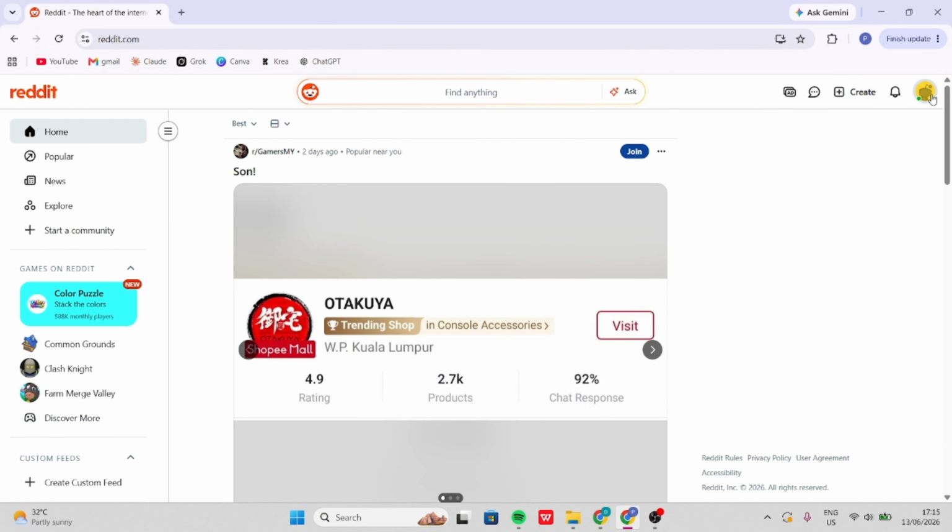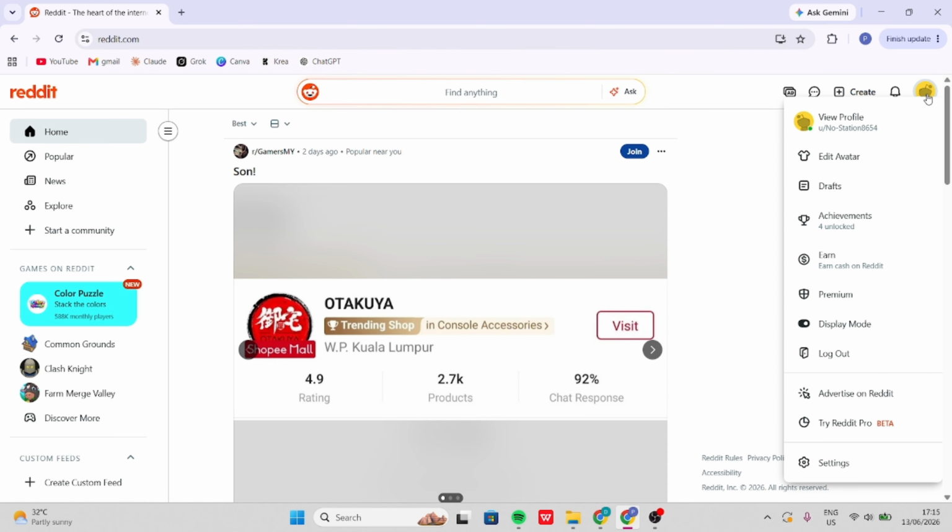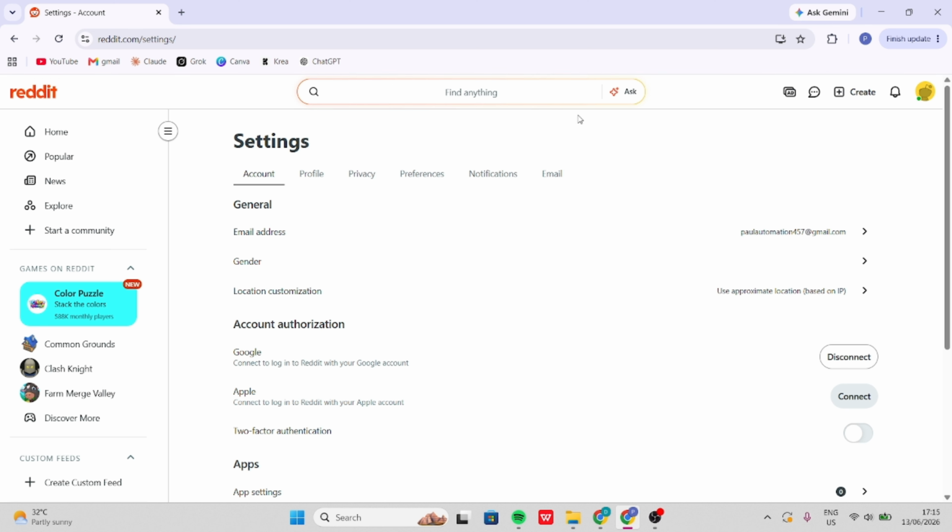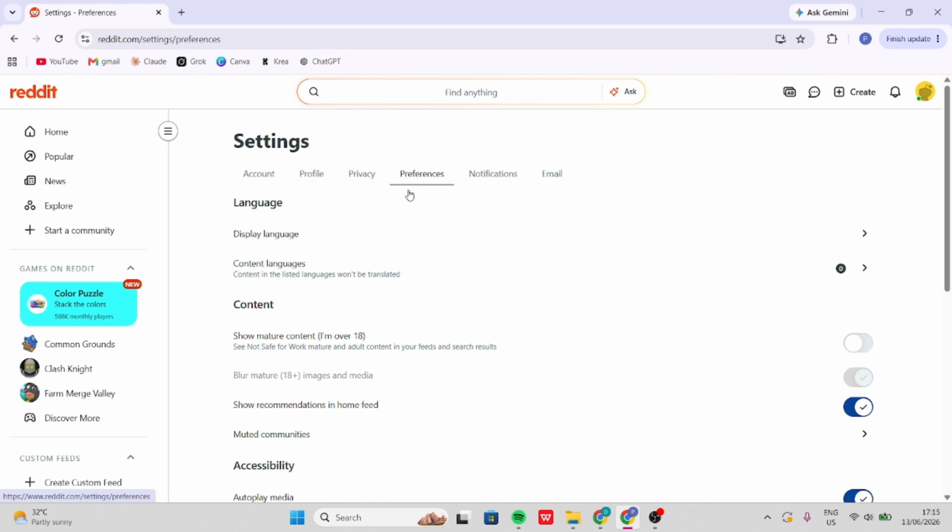After that you are going to click on your profile icon here on the top right, and then the last option you will find is settings. Select this one, and then you will find yourself in this page, and here as you can see on the top there is different sections. You are going to choose preferences, and once you do that you will find the first section, language,